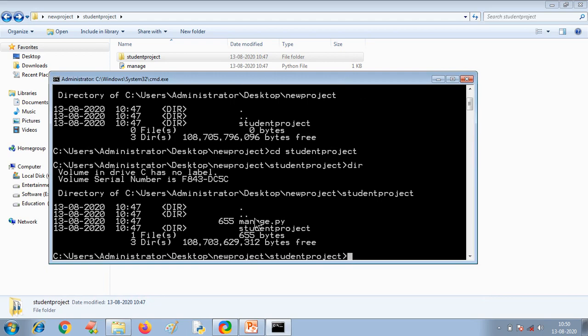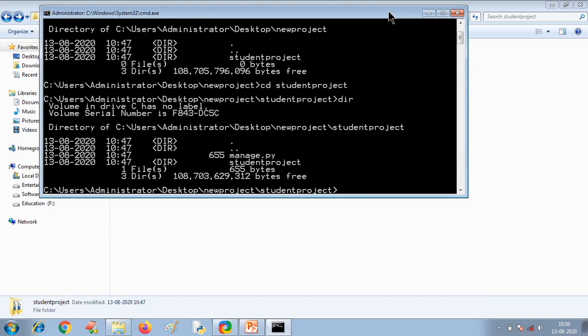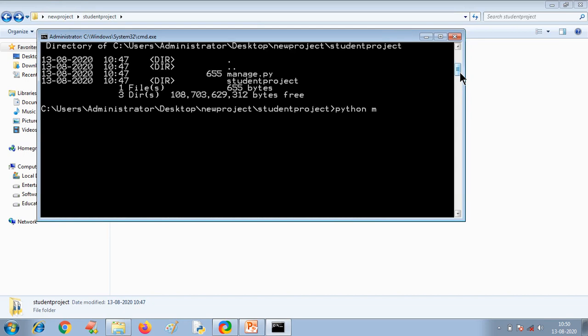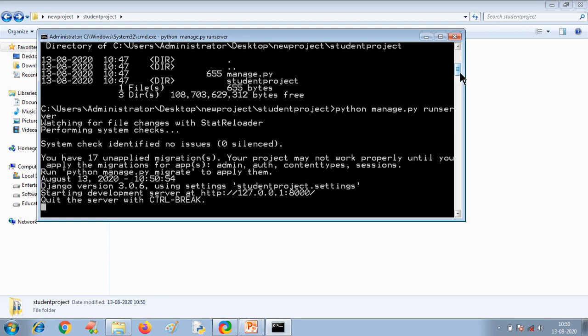Now you have to run your server. To run the server, you need to execute this command: python space manage.py runserver. Enter. So you can see here the server has started running here.